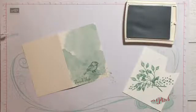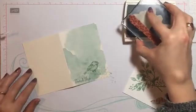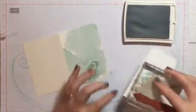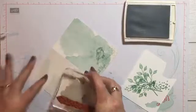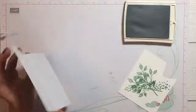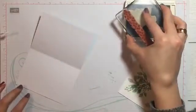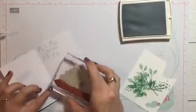And then with this one, I have actually done some leaves stamped off both on the back and on the inside of my card just for some fun interest. But those I have stamped off on my paper here. So we're going to do this leaf right here, just like that. And that's where I would typically put that I made this card. And then on the inside, we're going to do some kind of where I'm going to write over the top. So super, super simple. We're going to do one up here, and then we're going to do one at the bottom, just the same,